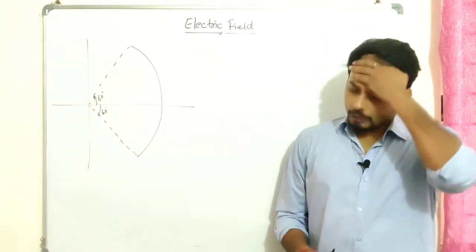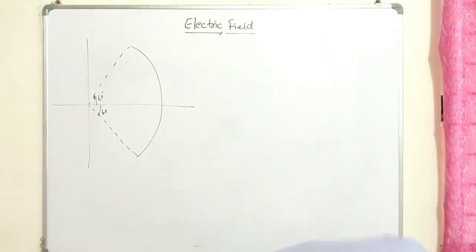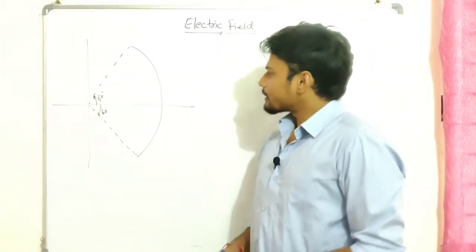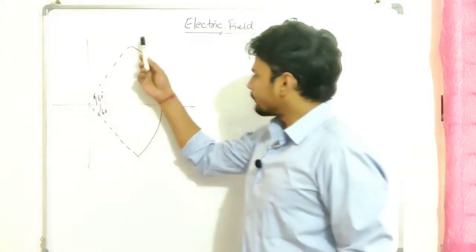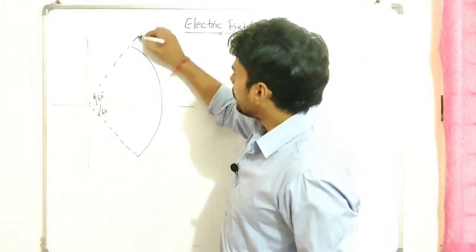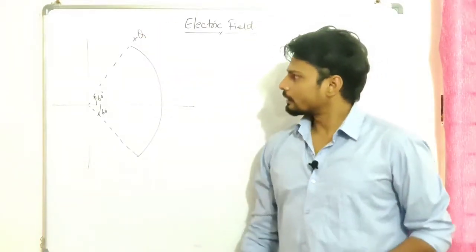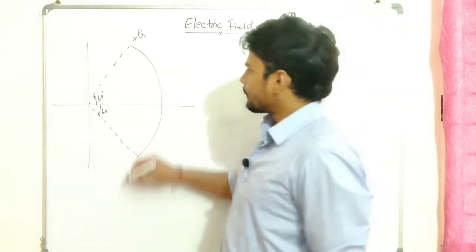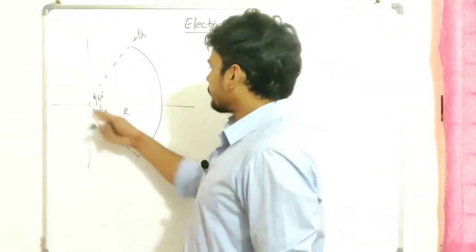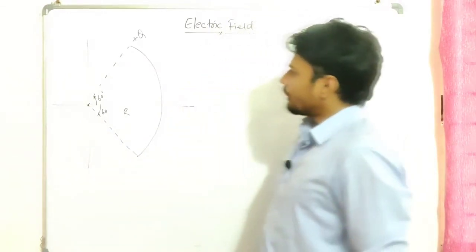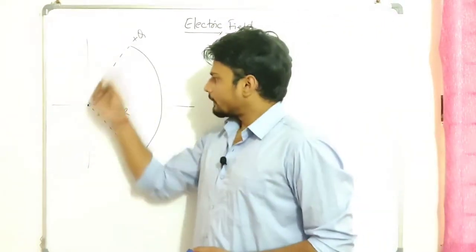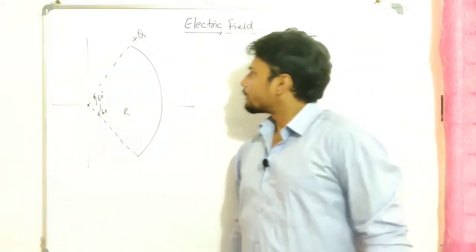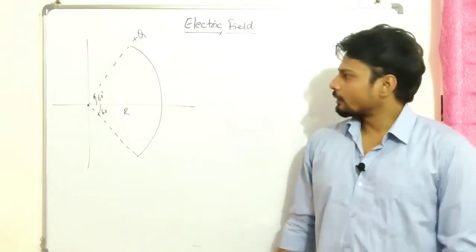In the next video I would be coming up with the field due to a rod. It could be a finite rod, infinite rod, and we're going to see a lot of questions based on that. As of now, let us understand how to find the electric field because of this ring. Let's say it has a charge of positive q spread over this entire piece of ring, which is a part of the entire ring. Let's suppose the radius of the ring is r, and the origin is the center. So we have to find the electric field at the center due to this part of the ring, which has a uniformly distributed charge q over the entire length. That's the question. You can note down the question.